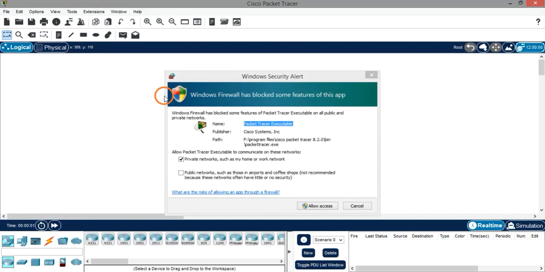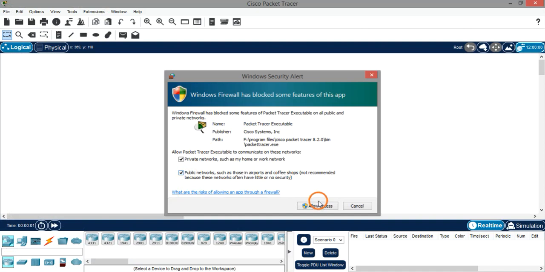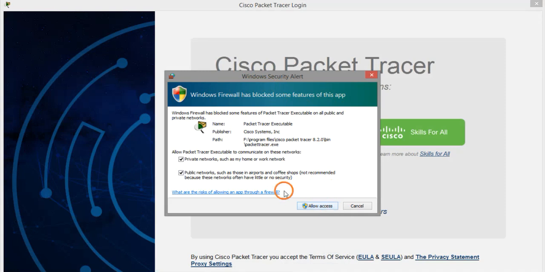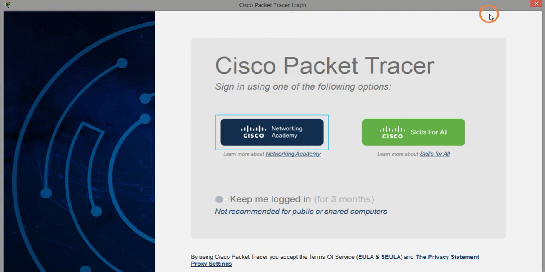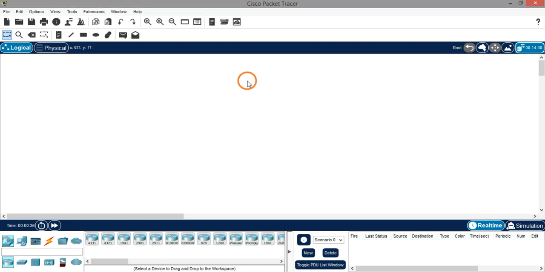So you can see it has changed. This is from Windows Firewall. So just click on allow access. Okay, now you can see the login screen is changed for the 8.2 version. Now it is showing Cisco Networking Academy, or choose Cisco Skills for All login. So I am going for Cisco Skills for All. So it will go to the web page. Okay. Since I have already given my username and password previously, it has logged in and it has shown the